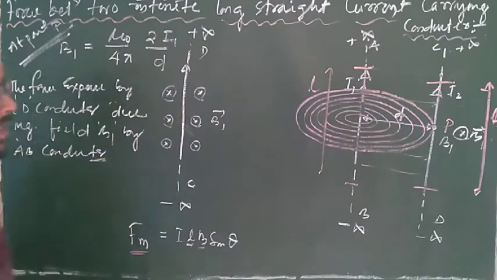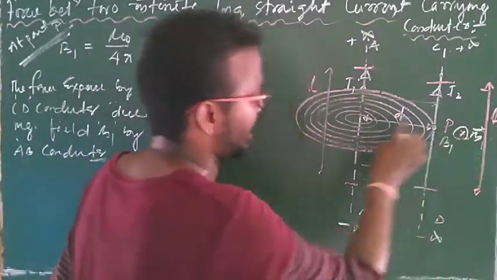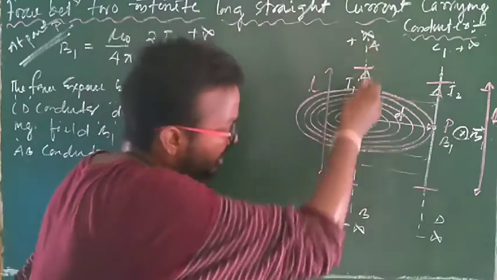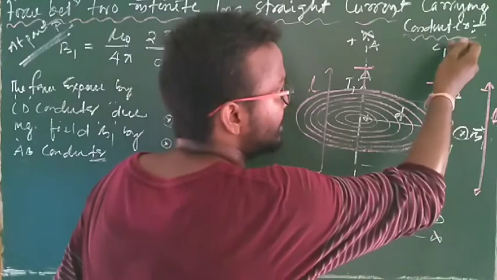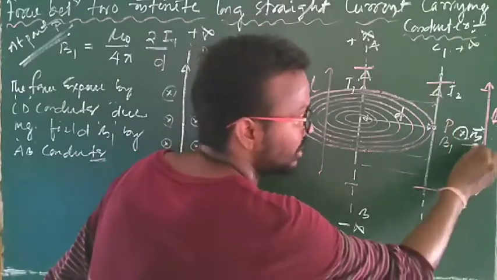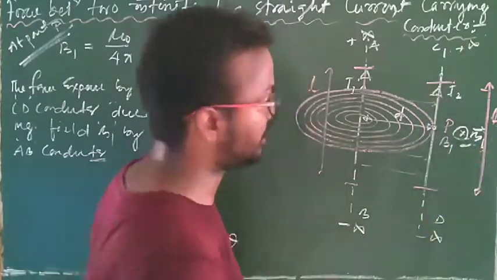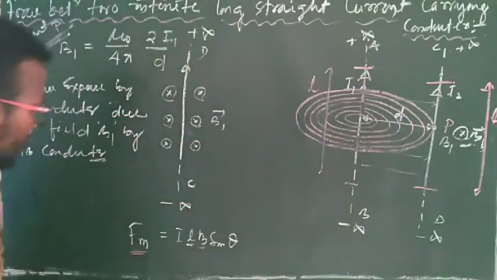That means, what is B1? B1 is the magnetic field which is produced by conductor AB, and here we have to find the force experienced by conductor CD due to this B1 magnetic field which is produced by AB. So here,